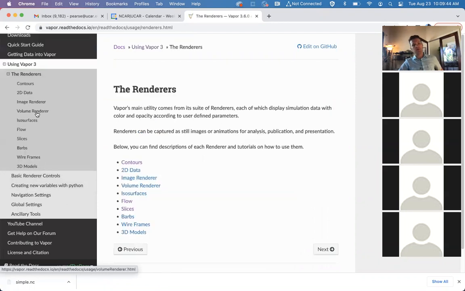Up at the top, I'll click on the renderers. Basically, Vapor consists of roughly 10 or 11 algorithms that we call renderers, and each renderer will color your data and apply opacity to it in different ways. I'm going to be demonstrating most of the renderers today, but if you have a question or I go too fast, you can go to the renderers section and then,